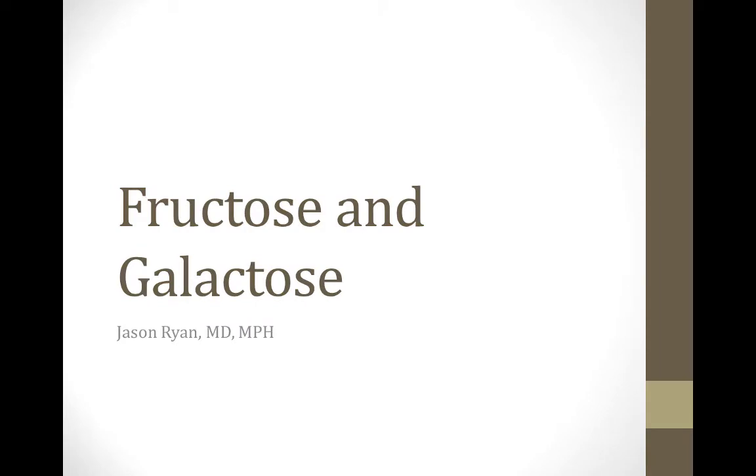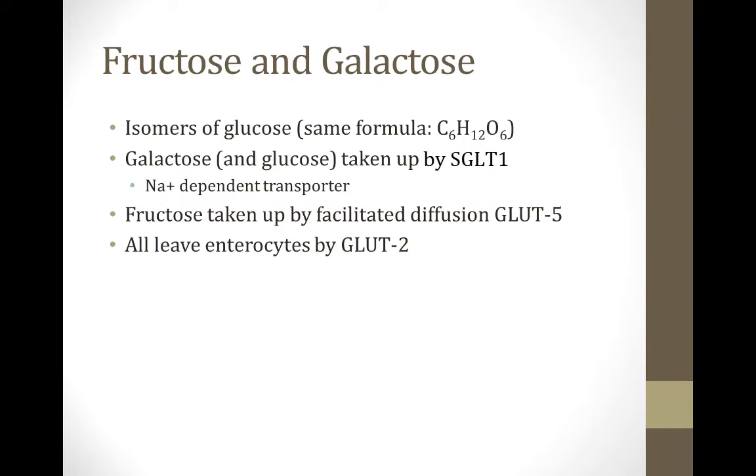Hello everyone and welcome to our module on fructose and galactose. The main monosaccharide used in metabolism, as you know, is glucose, but there are two other monosaccharides that can also be metabolized by the body, and those are fructose and galactose. Both of these are isomers of glucose. They have the same chemical formula as glucose, C6H12O6, but the molecules are arranged around the carbon skeleton in a